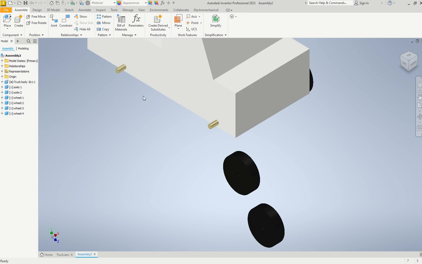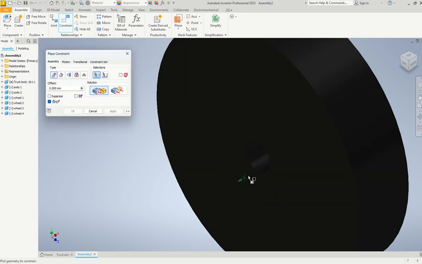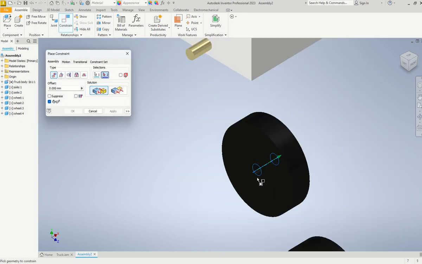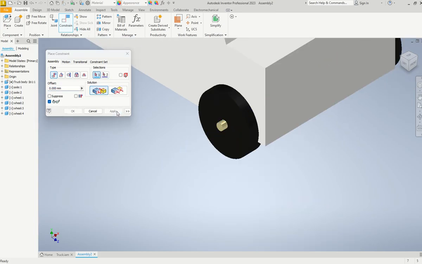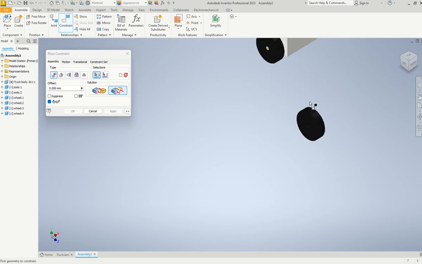I'm going to do the same at this side. So constrain, zoom in to get the center axis there. Click on the center axis there. Click apply. And then I'm going to click flush. Click at the end of that axle to the end of the edge of the wheel. Click apply. And then last wheel I've got to add